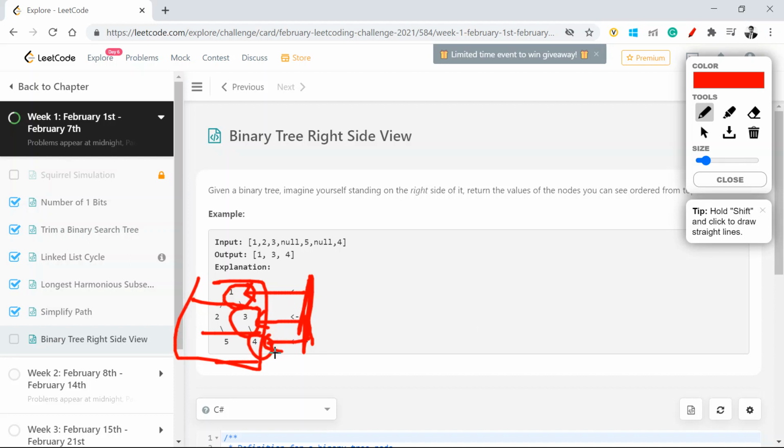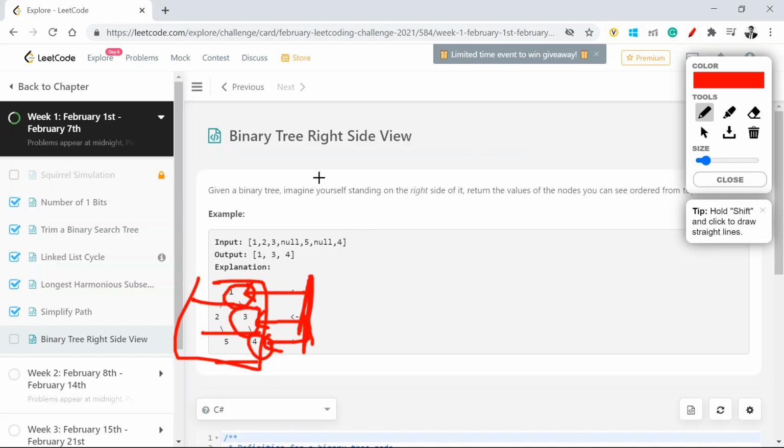So what if I keep a tab of each and every layer, store all the values present in that layer, and once I have all the values for that layer, I pick the rightmost value out of it.